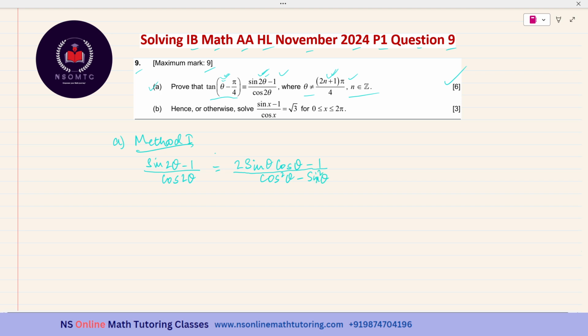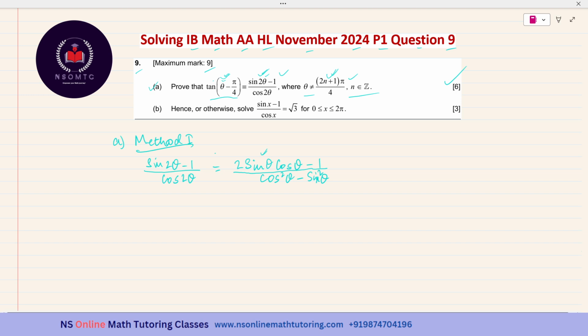Okay, and now I have to come to tan theta. How? I am looking at the first term of the numerator. If I want a tan theta over here, then I have to divide this term by cos square theta. Only then can I have the tan theta. So let me divide both the numerator and the denominator by cos square theta. I have come to this decision just by looking at the first term of the numerator. I do not know what will happen to the other terms. Right now, I am focusing on the first term of the numerator, and I see that if I divide it by cos square theta, I will get tan theta.